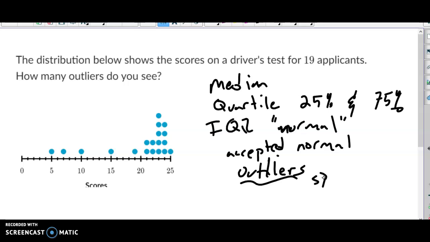This is just a quick data set talking about driver's test scores. The best you can get is a 25. Someone down here hopefully is not on the roads right now. We were just looking at these different scores. The question to ask is, how many outliers do you see? And this is where our box plot really comes into play. Because if we look at our box plot,